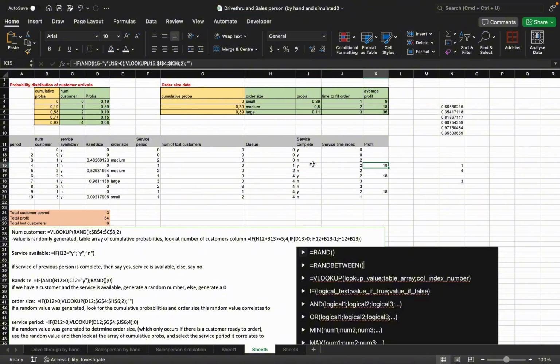But here, let's look carefully at what they say for profit. So if I15 equals Y, so if the service is complete, and J15, J is our service time index, and the service time index is greater than 0, look up from J4 to K6. So this would be J4, K6. Okay, so look up the time that it took to fill the order. So for example, let's go over here. In this instance,